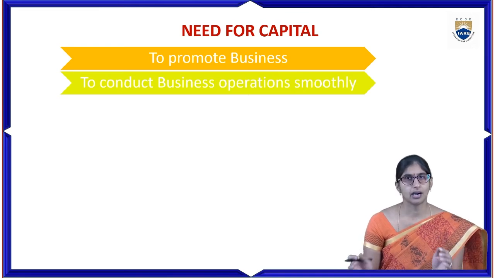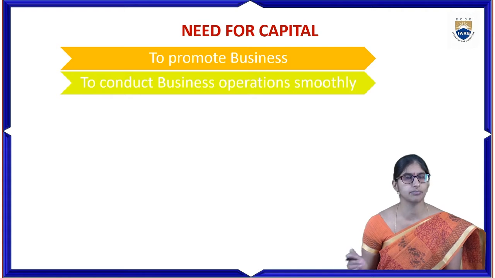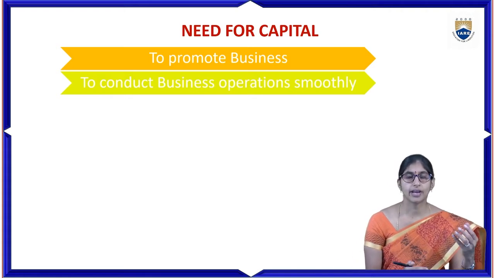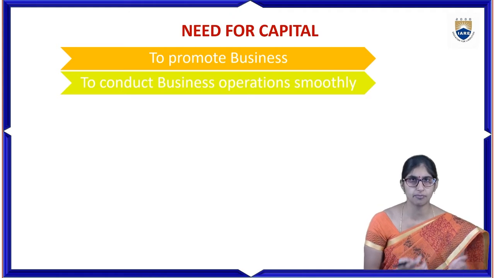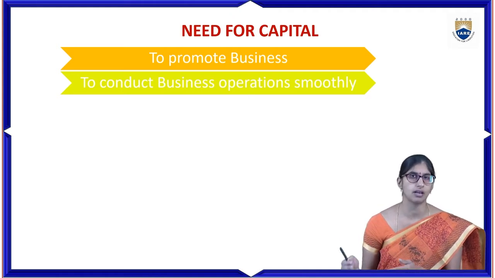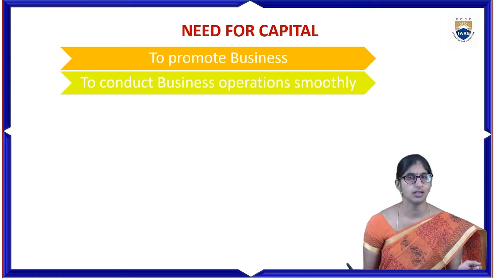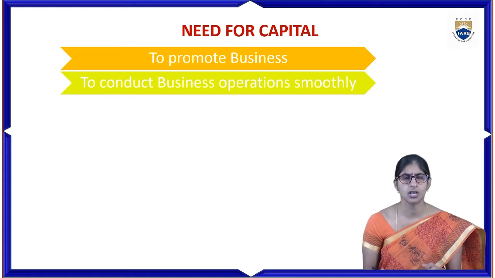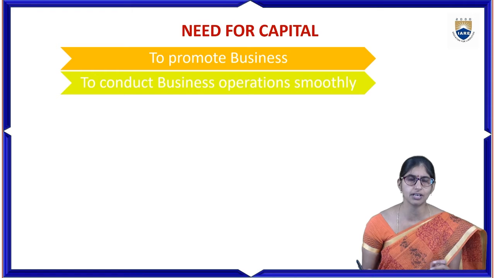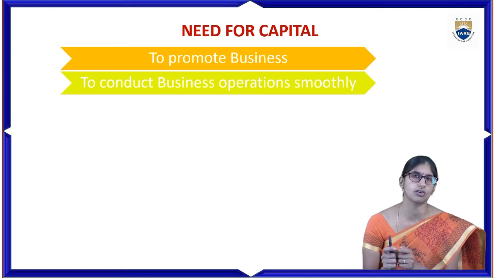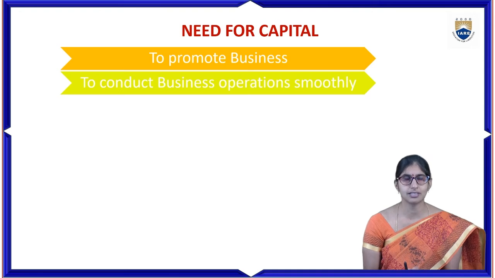So we definitely need some amount of money to conduct all the business activities, right? When we have money, then only we can procure some raw material, then only we can do the production process. When we have capital, only then can we hire some people and pay salaries. And unless there is machinery, one cannot go ahead with the production process. So we require capital everywhere, in every instance of the business, right? That's the reason this capital is going to be very useful in conducting all the business operations